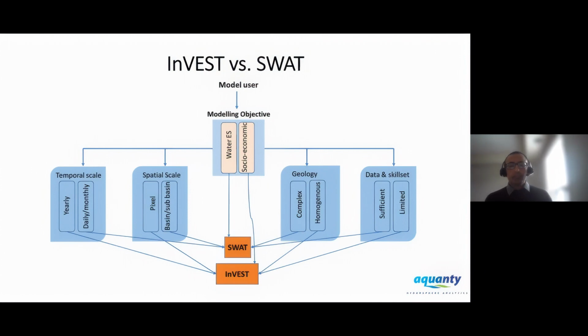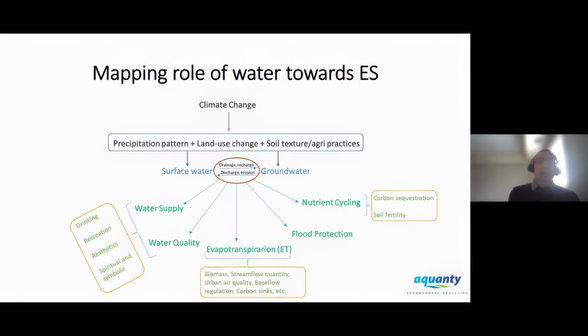InVEST. But what is next? Because both of these models cannot map certain phenomena. For example, they cannot map the subsurface and surface water exchange. And that is a key phenomenon which supports many ecosystem services, for example, water supply, water quality, nutrient cycling, and many more. Those are directly linked with this subsurface and surface water